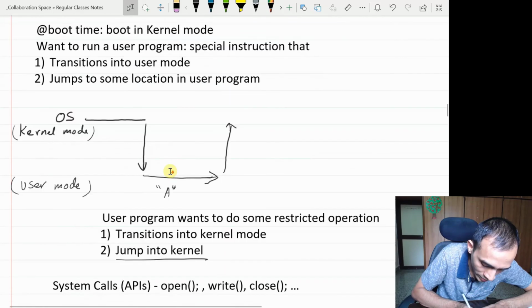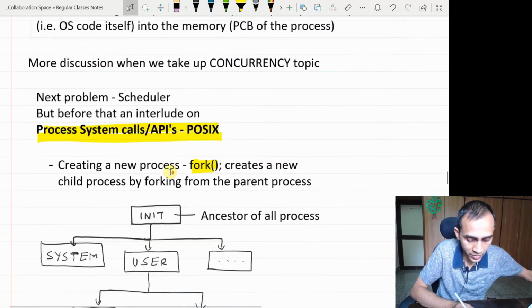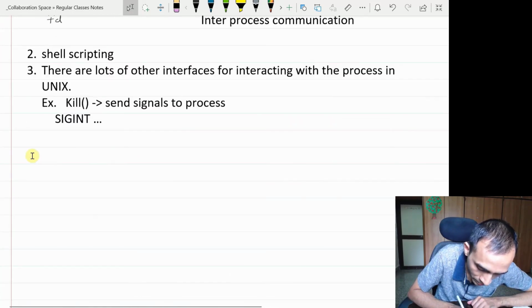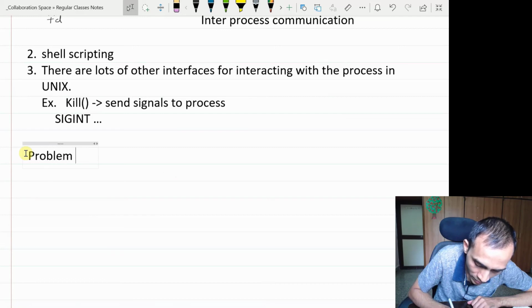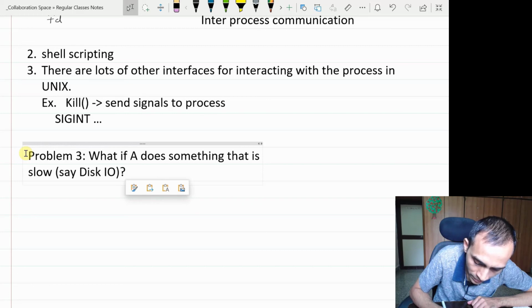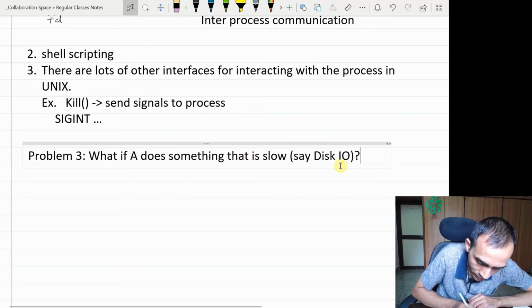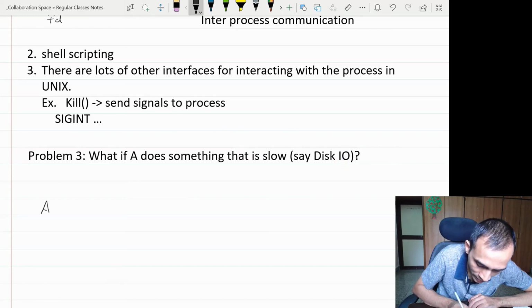We are going to talk about the next problem: when a process goes for an IO, or something very slow, then what should be done?